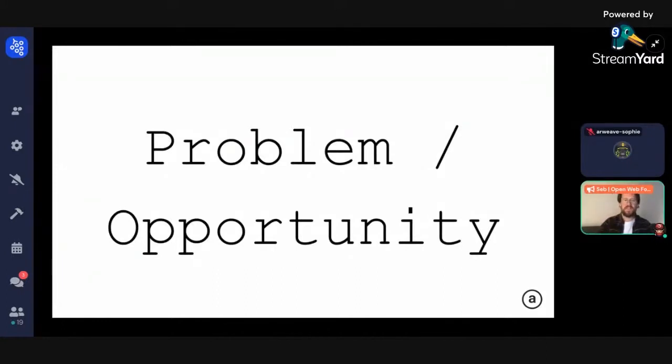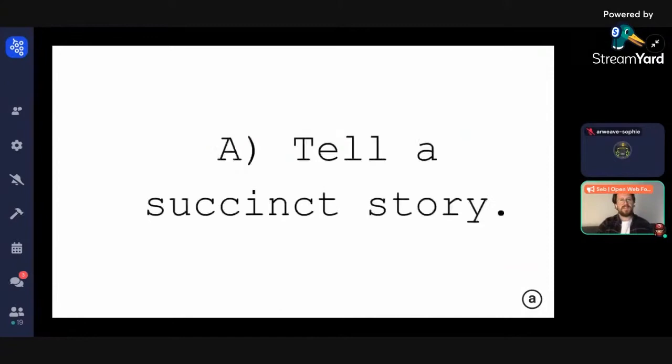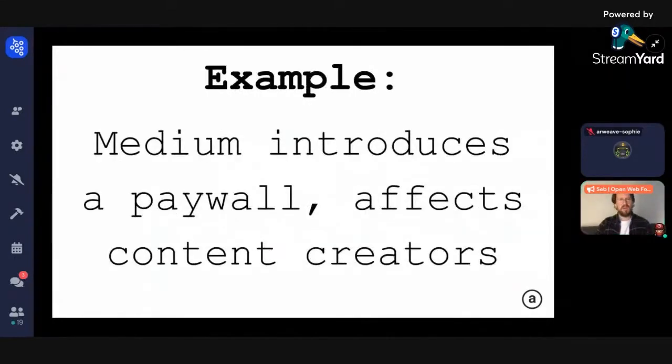There are two ways that you can do this. The first option is to exemplify with a story about what the problem actually is. So, we all know Medium, and Medium is this blogging platform. A problem there was that all of a sudden they decided to enable a paywall, and as a content creator, all of a sudden you didn't have as many readers because they probably needed to pay to gain access to that content, and you didn't get anything out of it. So that's an example of, all right, maybe I'm going to be enabling a decentralized blogging platform.